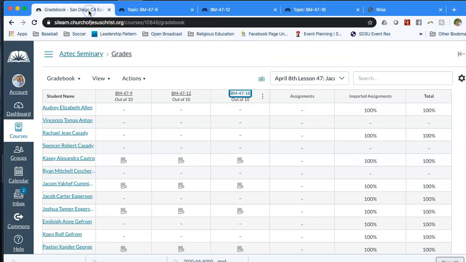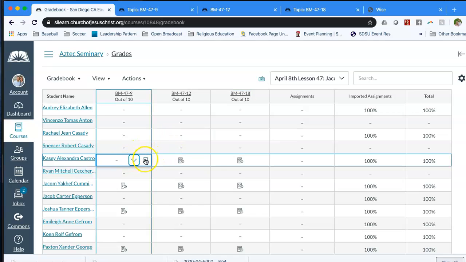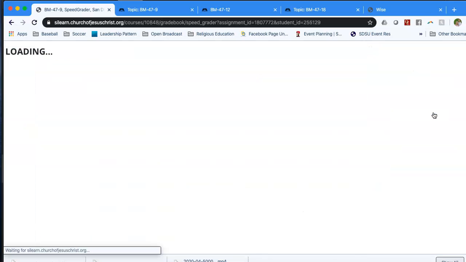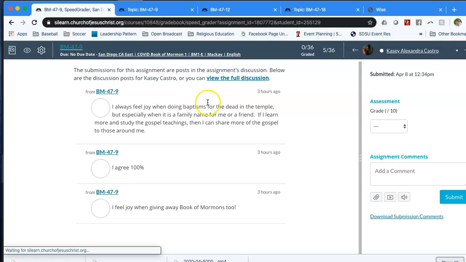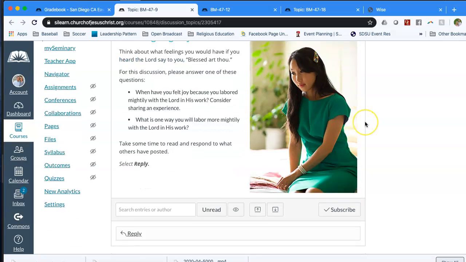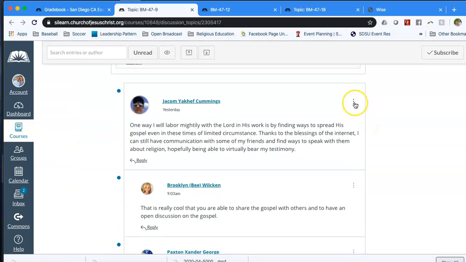It's called SpeedGrader. There's a couple different ways to get to SpeedGrader. One, I could click on this tab and hit the arrow. The arrow would then take me to SpeedGrader here, and I could click on it, and it would take me to where I can see this, and then make comments, and I'll show you how to use SpeedGrader in a moment. Or the other way of doing this is when I go to the graded discussion here, I see Jacob's